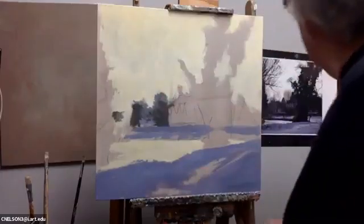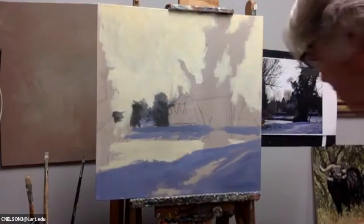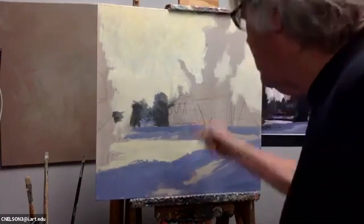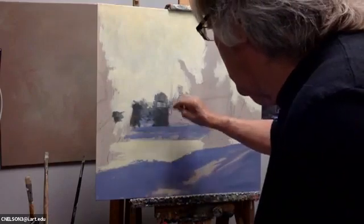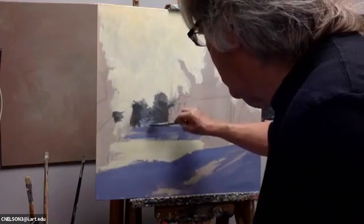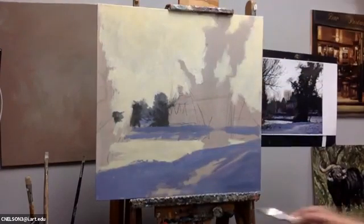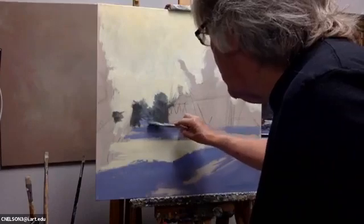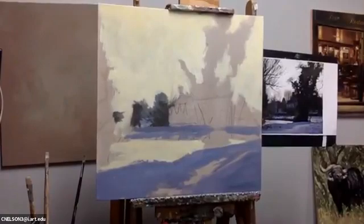Important thing about landscape: you're painting effects. When you paint a still life or a head, you're not painting effects. You're painting crisp, clear, solid form. But when you paint landscapes, with the exception of architecture, the form is more indicative. It is, as opposed to being, as firm and heavily form oriented as a